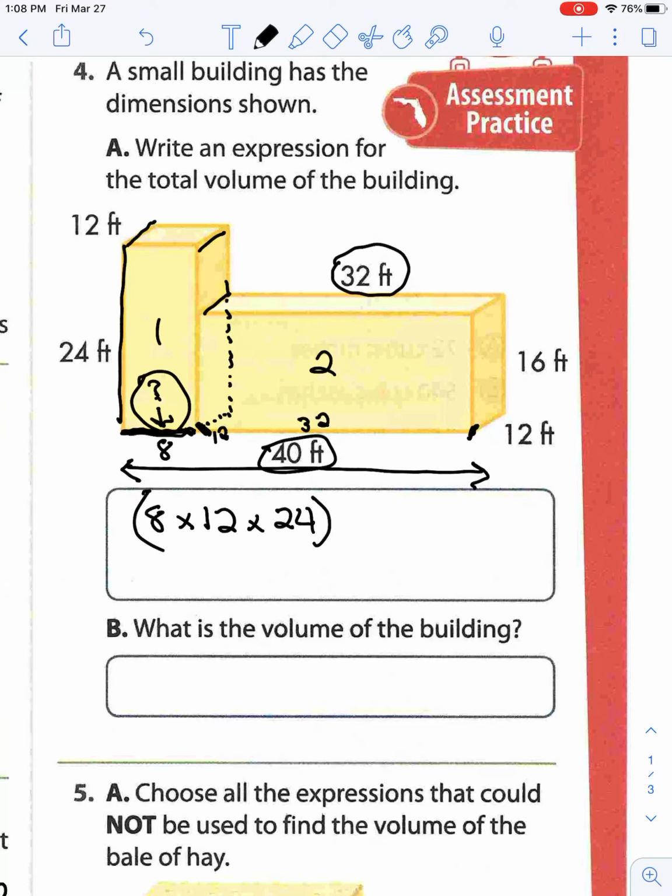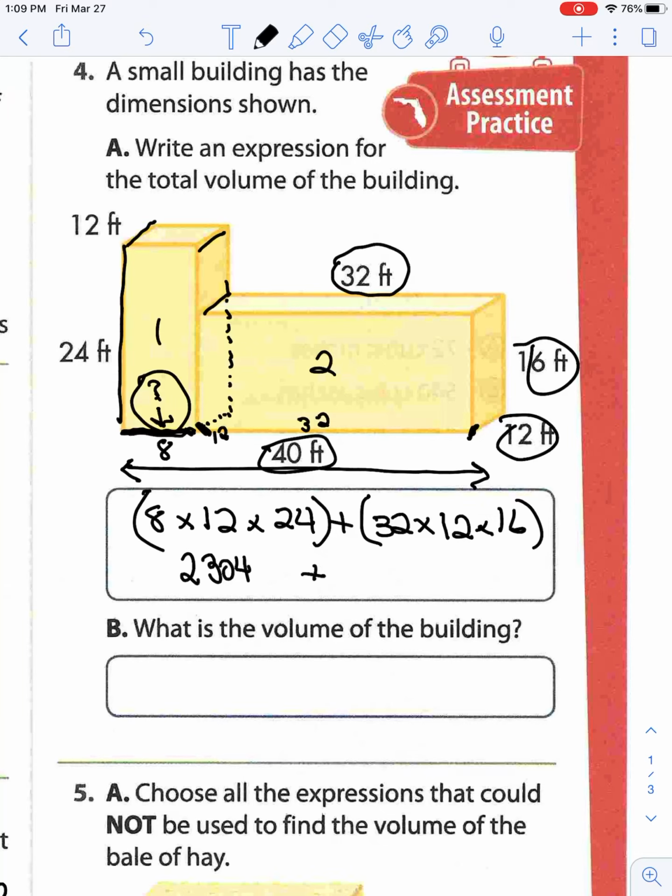We put that in parentheses for the first rectangle, and then we're going to add the volume for the second. We know it's going to be 32 times 12 times 16. So using a calculator to figure all those out, I'll just whip mine out because I don't feel like doing all the math. 8 times 12 times 24 equals